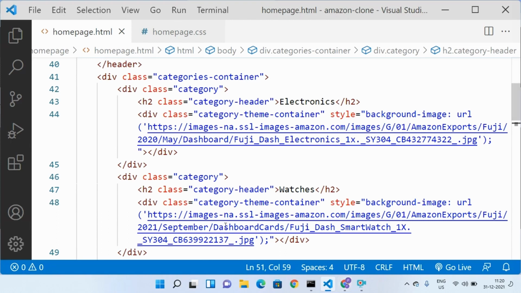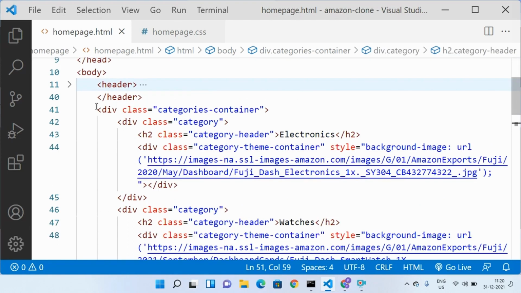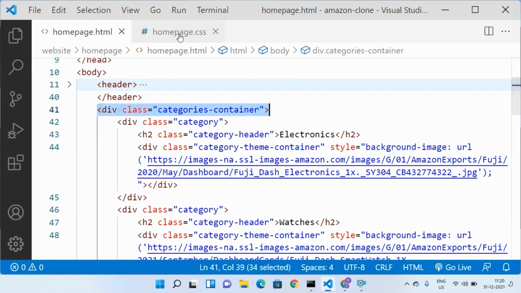So let us go in order. First let us style this categories container div, the outer categories container div.